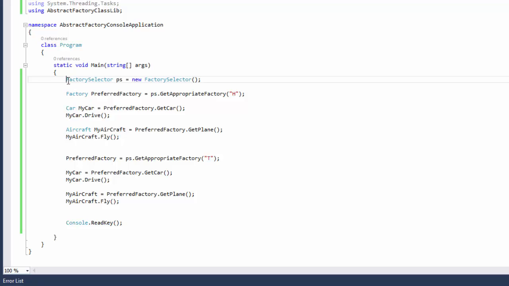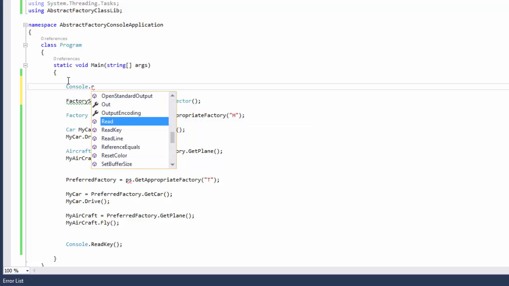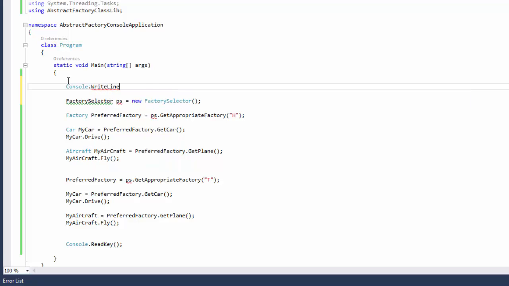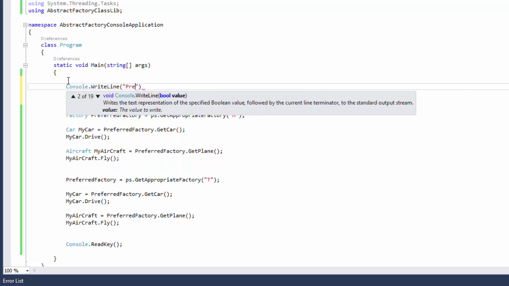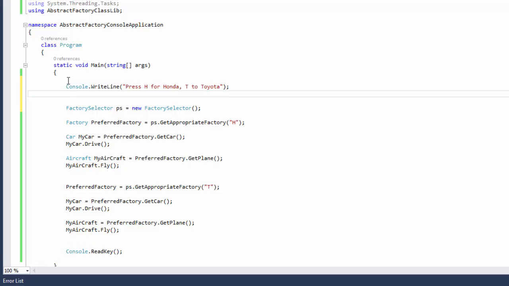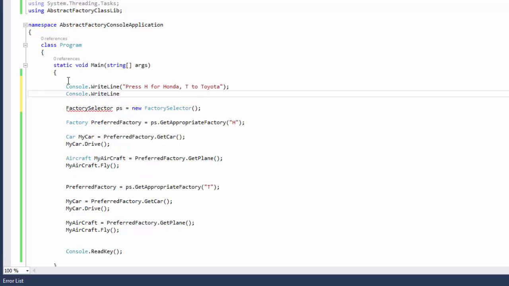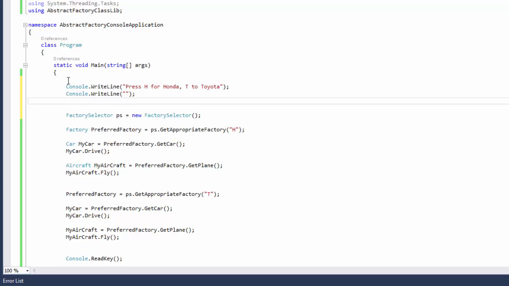So how about we do this? So dot read. Actually, first thing I'll do is tell the user what they can do here. Console dot write line. Press H for Honda, T for Toyota, and then add another line. So console.writeLine, just add a line for display,